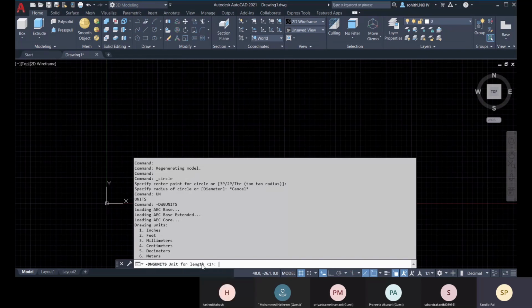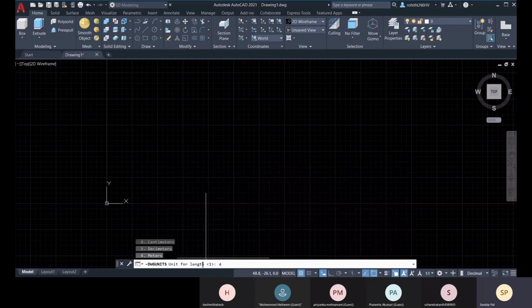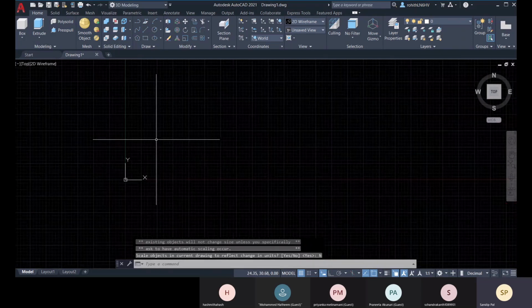Here I'm going to set 4 as centimeter, and 2 will be the display format, decimal, linear display precision 2, and scale objects from other drawing upon insert, yes. Match insertion unit to drawing units, yes. And scale objects in current drawing to reflect change in units. So you can go with yes or no. Let me go with no.